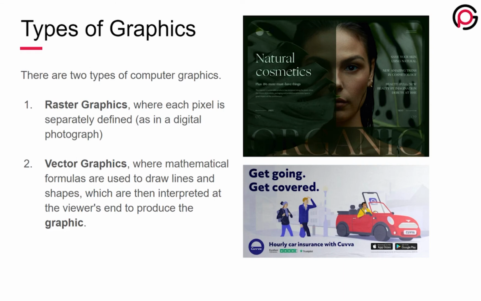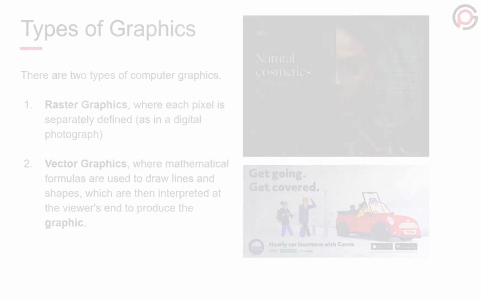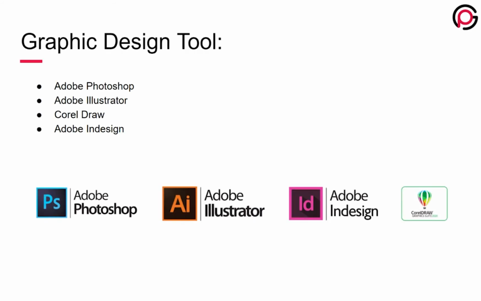Next is vector graphic. Vector graphics are made up of mathematical formula elements like line, shape. If you zoom it by 100%, then these will not get pixelated, means that their pixels will not be visible to you. And now, the last but not the least is graphic designing tool. If you're making a design, then you must have hands-on experience with the tool to determine which software you will be using for which purpose.